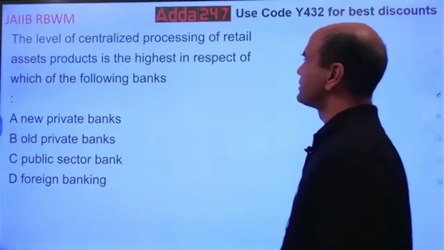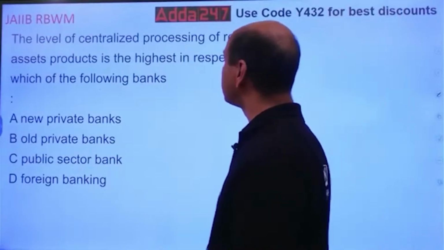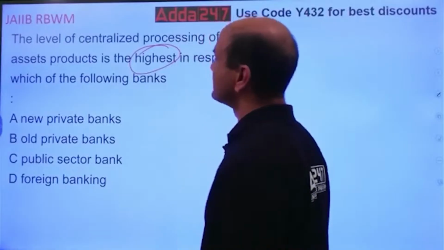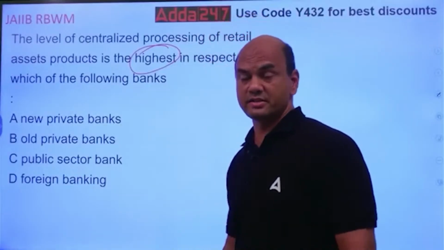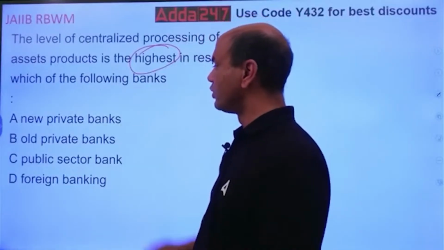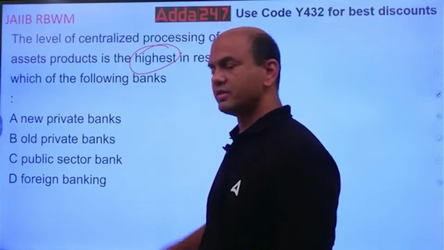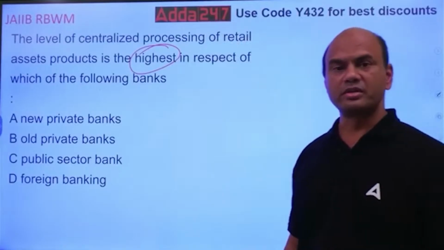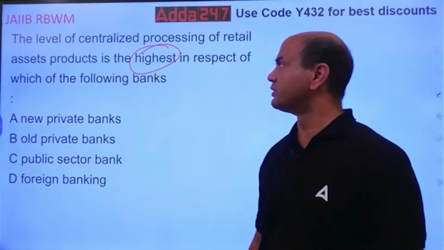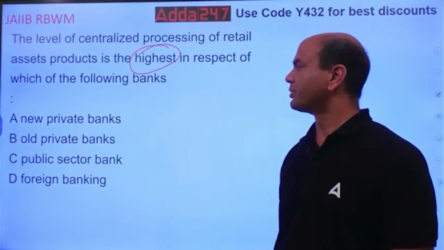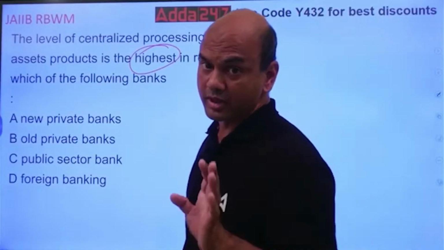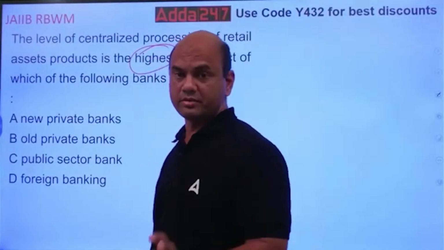The level of centralized processing of retail assets is highest in respect of which of the following banks? Highest. New private, old private, public sector, foreign. Highest. CPU model, centralized processing unit, is highest in which? As per your book, again, as per your book,